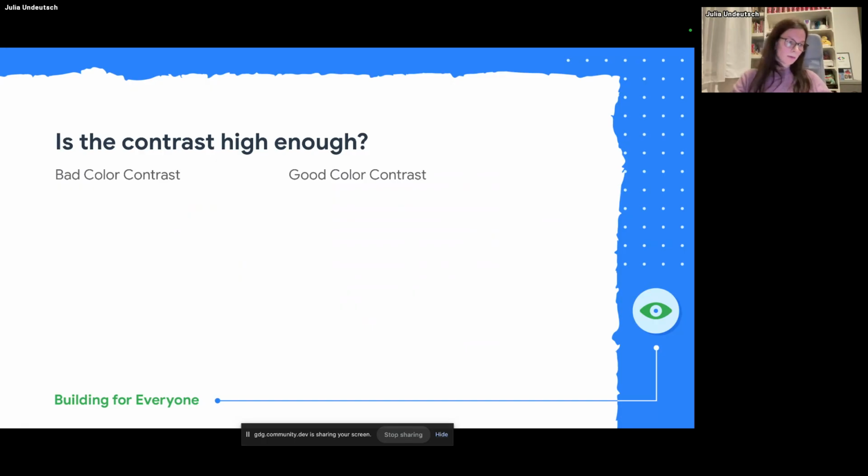A few other examples I want to show you. It's not only text related, but also when we choose icons. So there is a check mark, and it has a light purple background, and the check mark itself is white. And it does fail the color contrast.